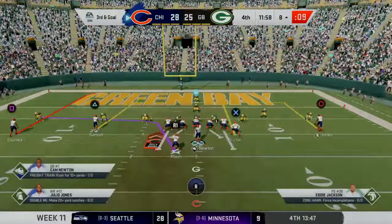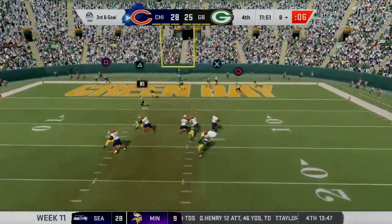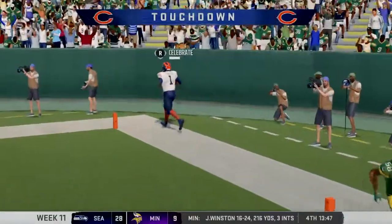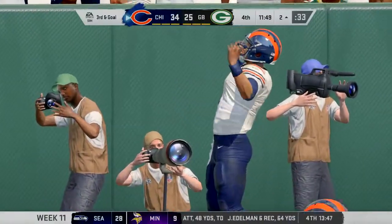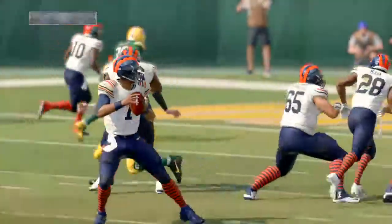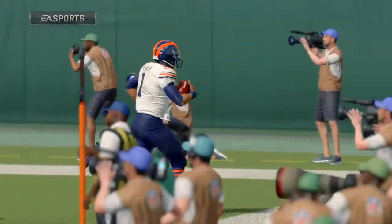Out of the gun, Newton. Escaping the pressure right. And he will score. Touchdown, Chicago. An 8-yard touchdown run as the Bears push further out in front. That's a tough one there defensively, because look at the stops they got on 1st and 2nd down, and it's 1st and 2nd and goal. And then on